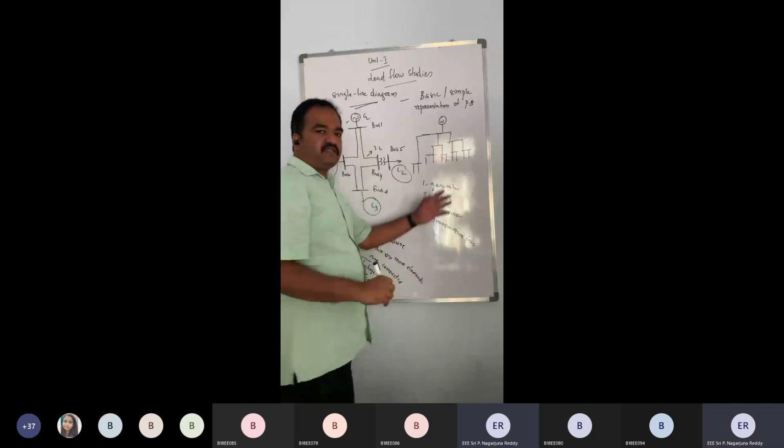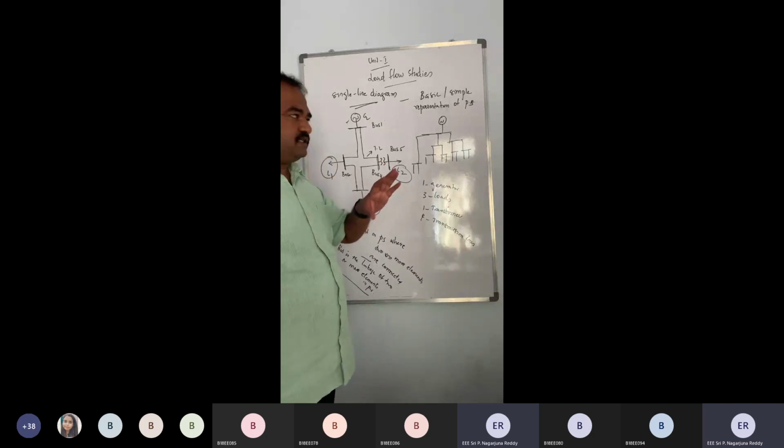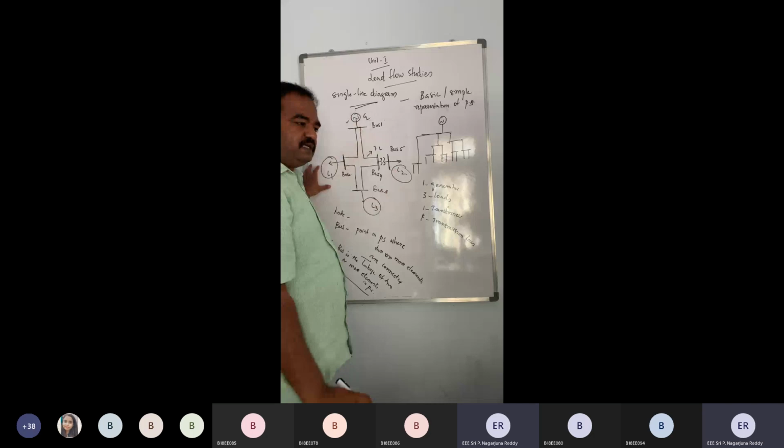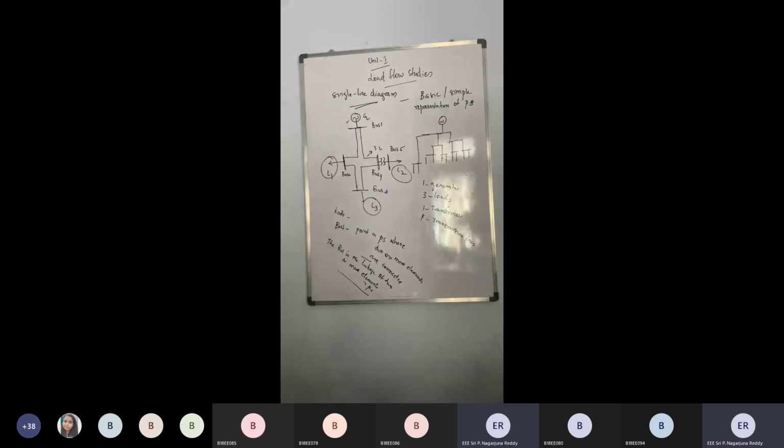This is a distribution system, because in a distribution system there will be only one generating station and links will be drawn downward. Whereas this is a normal representation of a transmission system, where you find many generators and many loops which are intermingled with each other. But anyway, a single line diagram gives us a basic understanding of the power system. It won't give us too many details. It won't give us the rating of the generator or the length of the transmission lines, and so on. It only helps in understanding the physical structure of your power system.